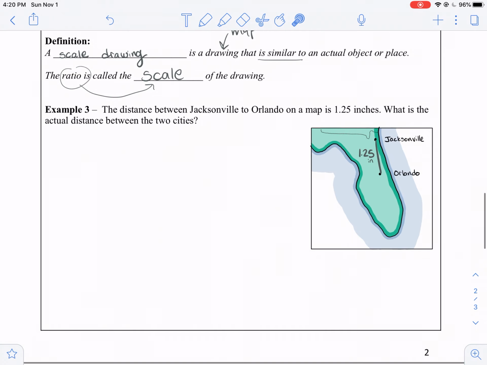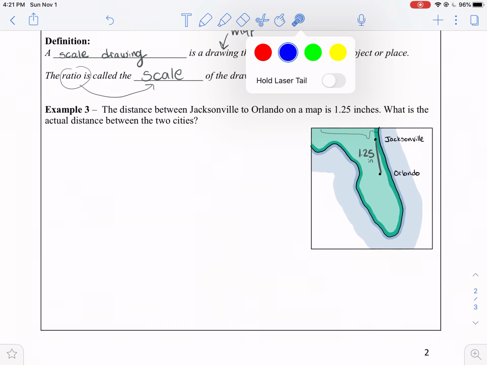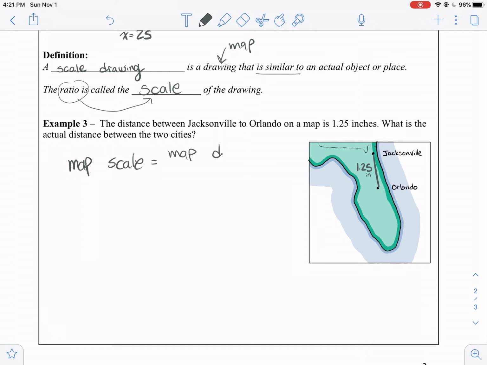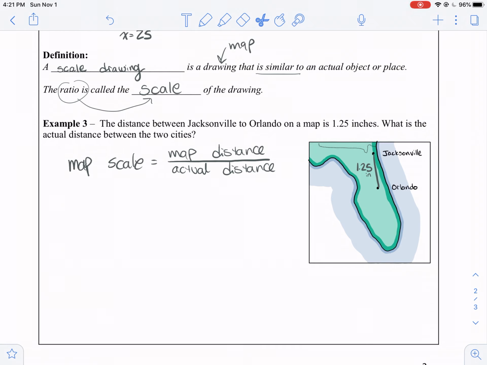Just FYI. Okay. So we learned from our definition up here that the ratio is called the scale. So we're going to set up a ratio that's similar to an actual object based on the map's distance. So the map scale is equal to the map distance over the actual distance. And what do we know? Well,